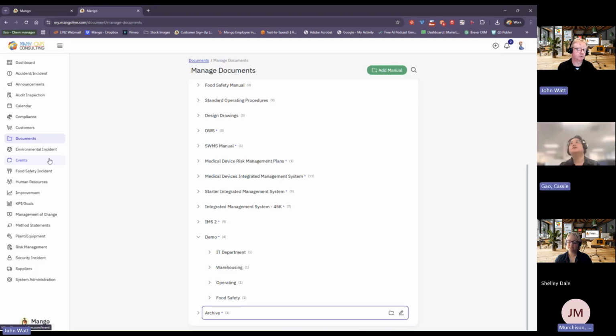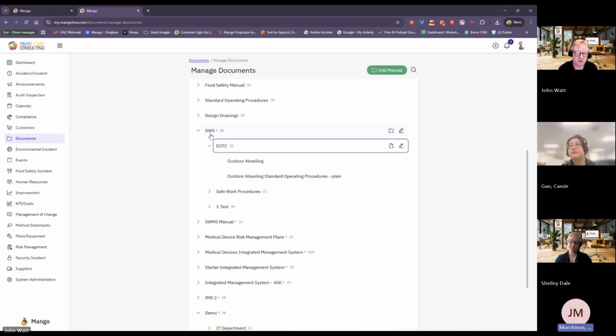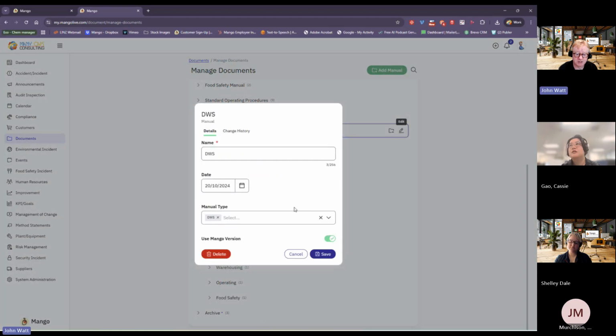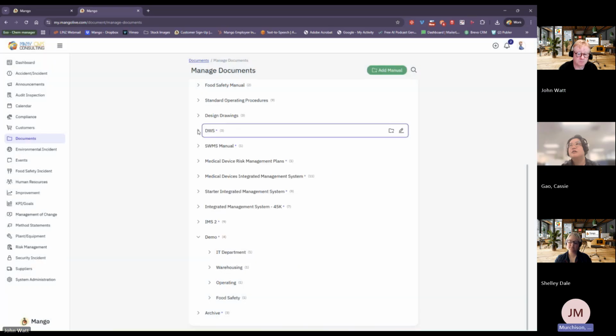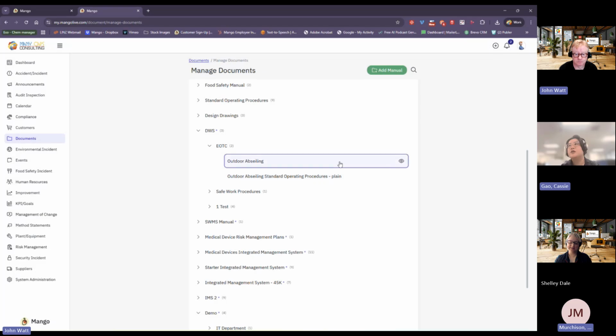Okay, cool. So can you mass select documents and delete them? If I've got 50 documents in the DWS folder, I could just select them all and remove them, or is it document by document? You could just delete the whole folder if you wanted to. But if there were 50 documents and I wanted to keep 10 of them, can I just delete the 40 that I don't want? No, you need to move one by one.